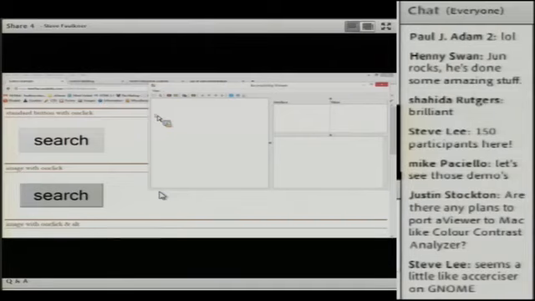What we have first is a standard button, and I can use the watch cursor and the show focus rectangle.